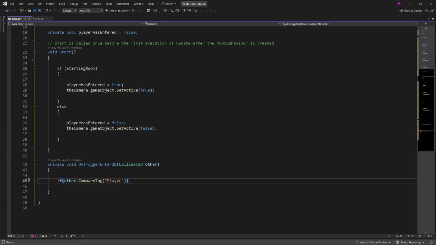So it's not going to give you this little wiggly red line underneath it. So if it is not spelled right or anything like that, it could cause issues in running the actual game. So just make sure you spell right and make sure you use capitalization where it's needed. But anyway, what we're doing here is checking if the collision that's happening, if that thing that collided with it is the player. So if it is,